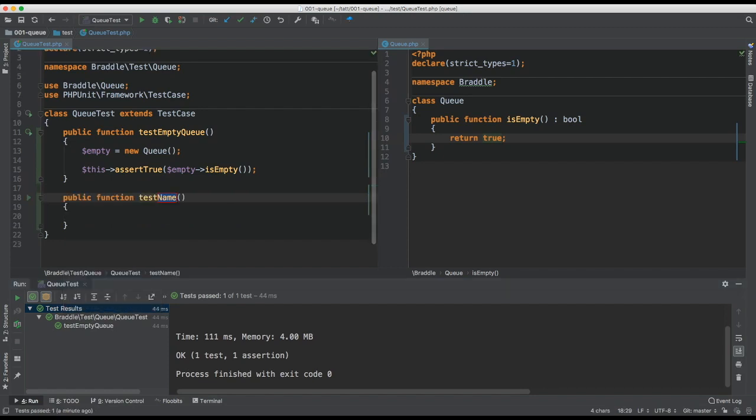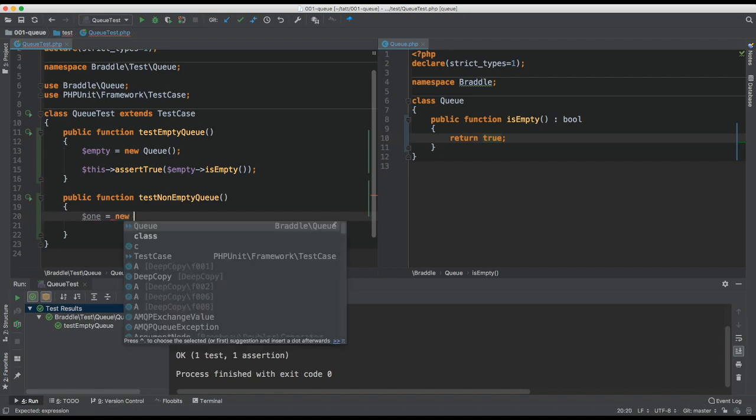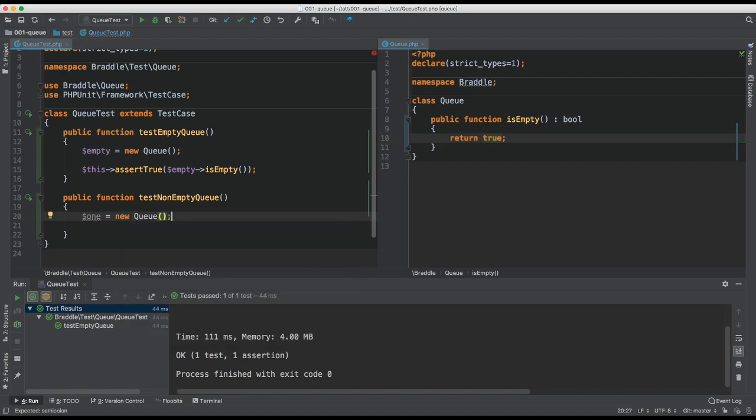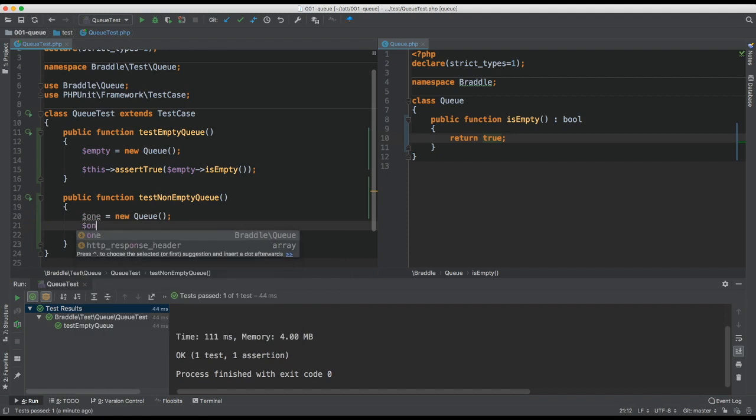So let's test a non-empty queue this time. Okay, so we'll create a new queue, we'll call it 1, so we're going to add one thing to our queue. There we go, and 1 add